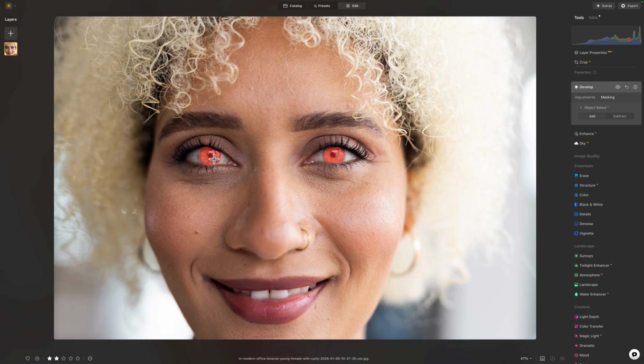Today we're going to be working inside of Luminar Neo in order to select eyes so we can apply adjustments